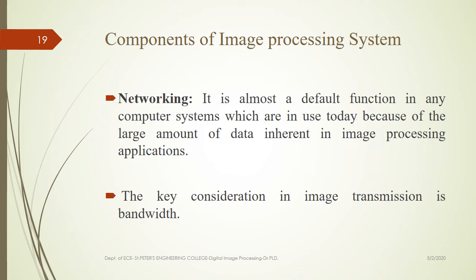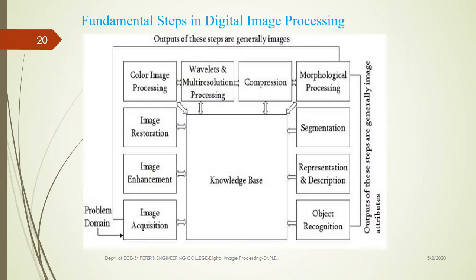Without this network, there is no question of transmitting the data, and no question of compressing the data so that it can be stored within a short storage area. A large amount of information can be stored with this compression mechanism, given a properly available network. The key consideration in image transmission is the bandwidth. Based on the bandwidth, it is possible to receive full information within a short duration of time, even over longer distances.